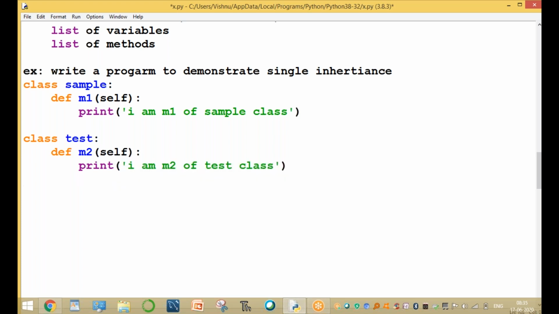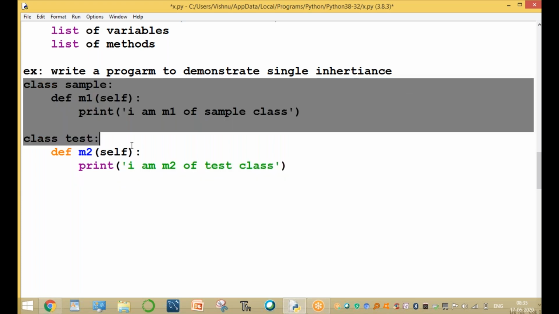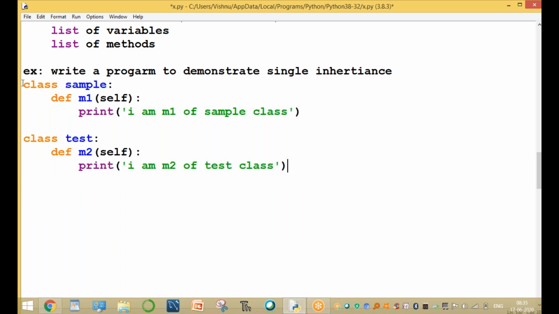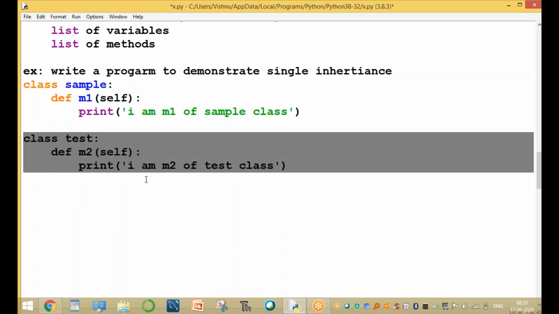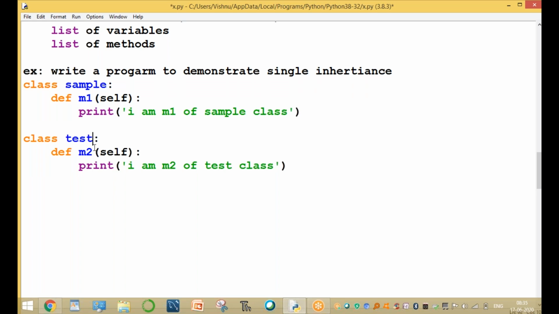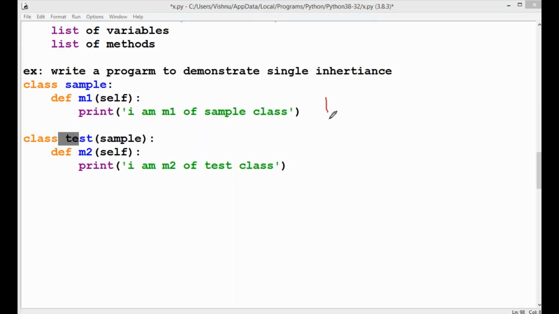Up to here, these two are individual classes. The sample class is developed individually and the test class is also developed individually. Now we are establishing one link, so the test class is derived from the sample class. The sample class contains the M1 method.